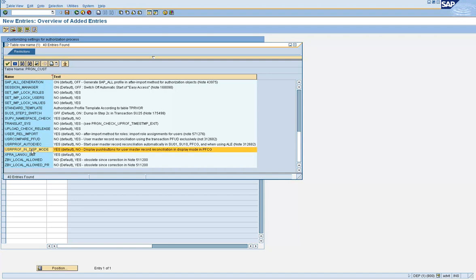This parameter controls whether that button can be displayed or not. By default, it gets displayed, but if you don't want it to be displayed, you set this parameter to no.